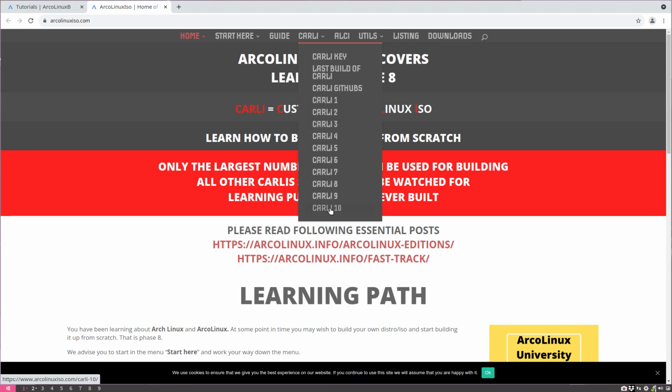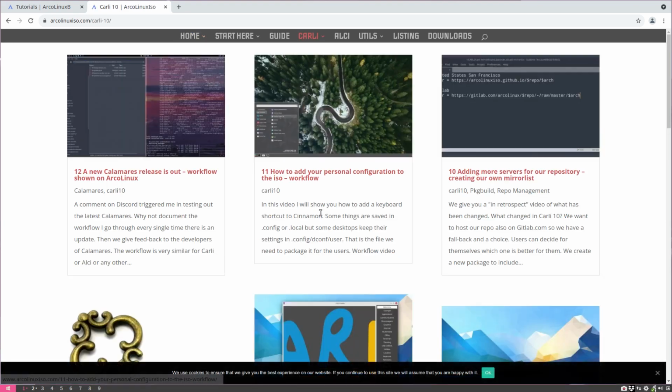So now we're at Carli 10. And the only one you can build is Carli 10, and yesterday I gave it a new Calamares, and you can build it now again. Then I saw the new wallpaper, a new Plasma and all that, and maybe you could actually start from there. But a what if that I have is this Plasma that we see is genuine, is original, doesn't have any configuration. So basically we could build a Carli 10,